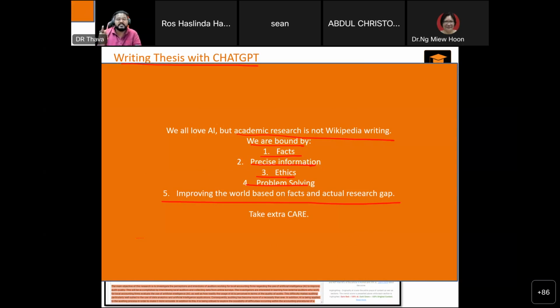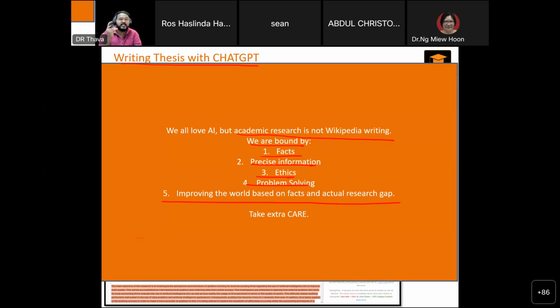The examiners coming for your proposal defense, the examiner coming to your viva, they are not using AI. They are old school people like me. I'm still very young, but I'm still old school. Research means I'm always old school because I am paranoid, conservative. I want the information to be 100% precise, or I don't use it. So when they read, they check your references. Within 5 minutes, they can know your thesis is screwed. Your paper is totally screwed.